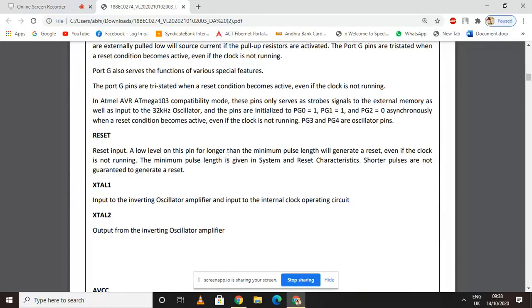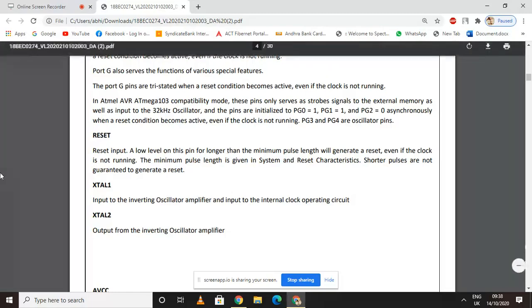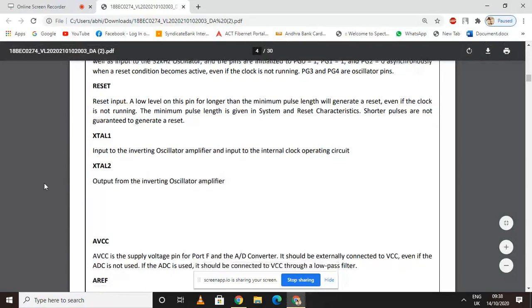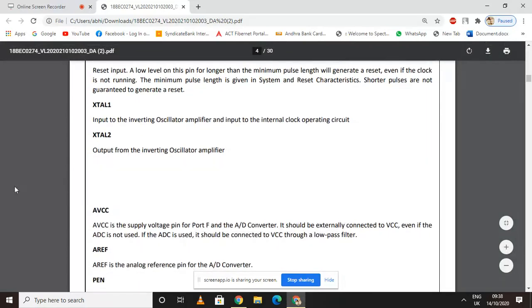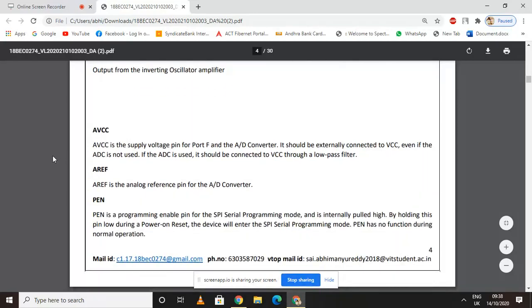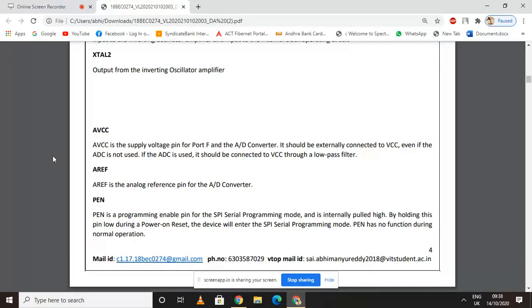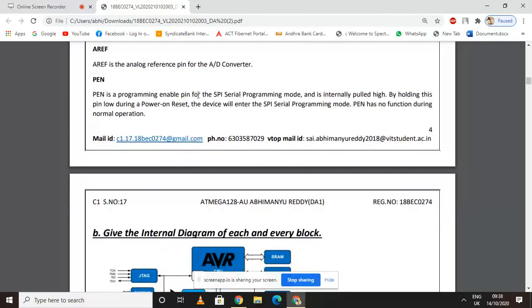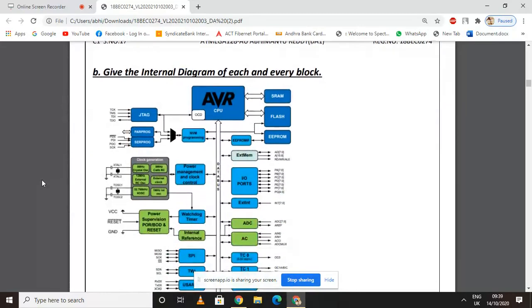A low level on the reset pin for longer than the minimum pulse length will generate a reset even if the clock is not running. This is XTAL1, input to the inverting oscillator, and XTAL2, output from the inverting oscillator. And this is AVCC. AVCC is basically the supply voltage pin for port F and the AD converter. It should be externally connected to VCC. And AREF is the analog reference pin. PEN is a programming enable pin for the SPI, that is the serial programming mode. So this